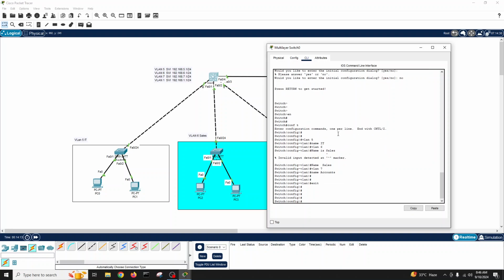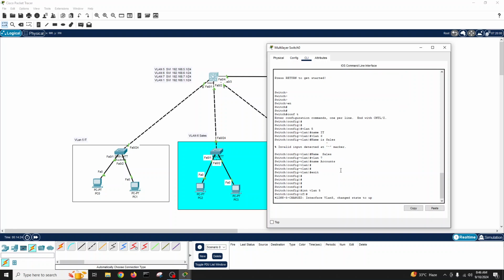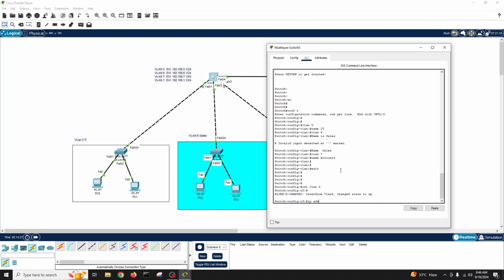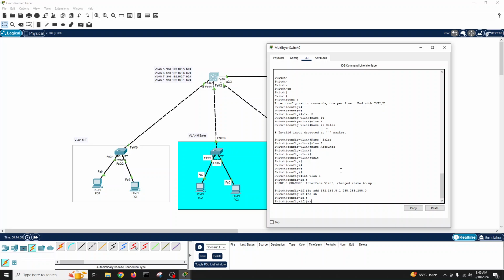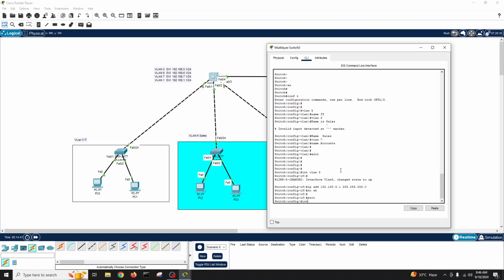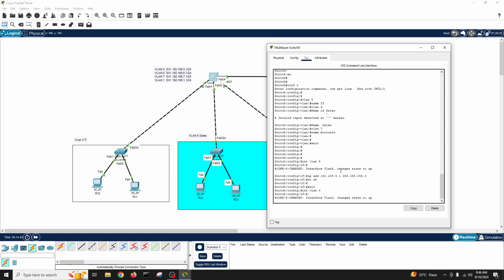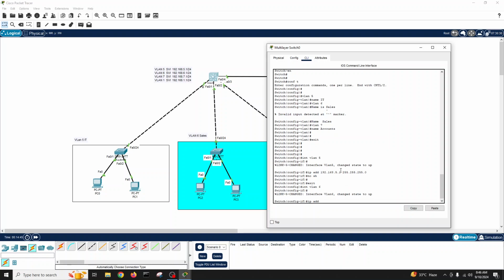And now we'll create SVIs, one for every VLAN. First, I will go for VLAN 5. Interface VLAN 5. Okay, it's created. We are in IP address 192.168.5.1, subnet 255.255.255.0, no shut. Then exit, we'll create interface VLAN 6, IP address